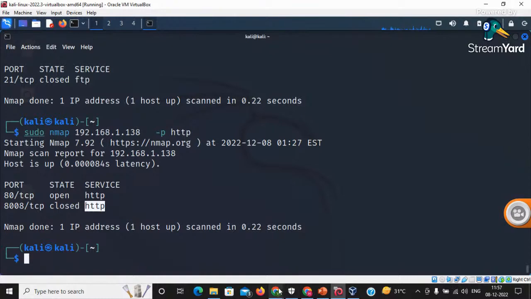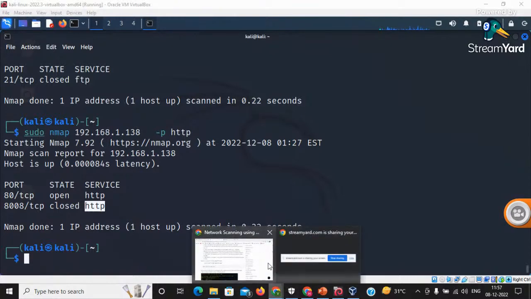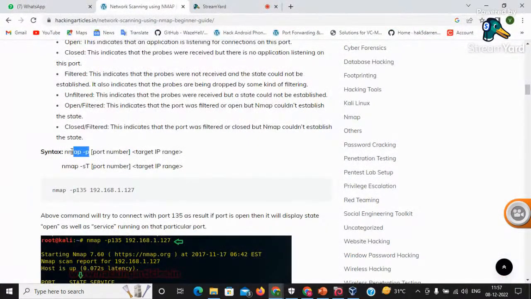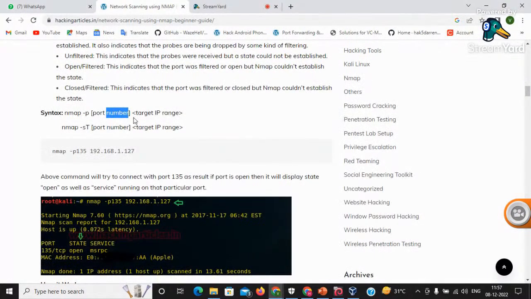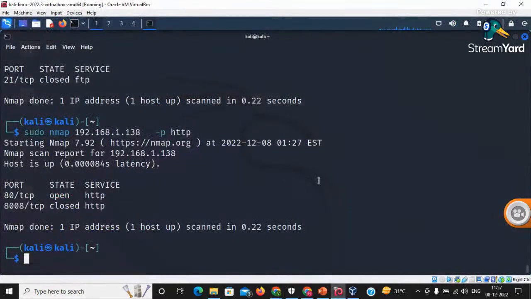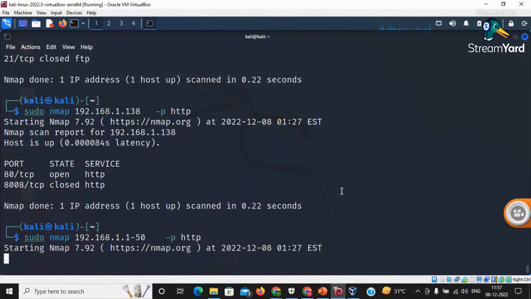Like this. Getting it? Yes. Got it? No. Alright. So -p is for port scanning, right? And you can also apply a range. How? Just type here, put your range of IP addresses, 1 to 50 or whatever range you want to scan. So the entire